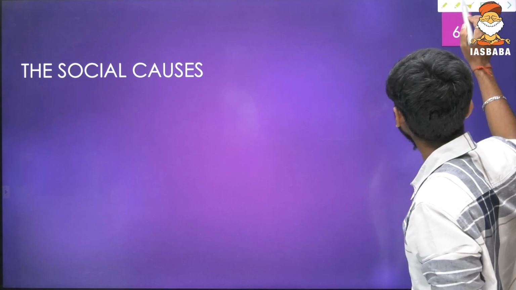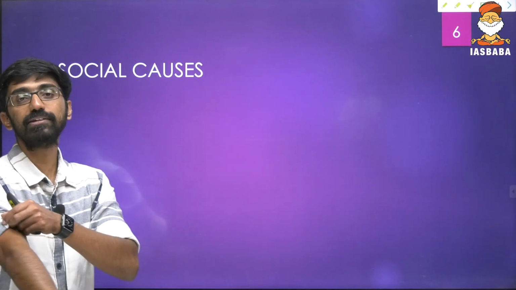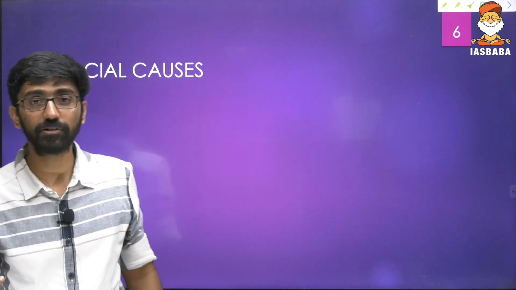Okay, now look at the social causes. To understand the social causes, again, don't get too overwhelmed by these facts, because all these things are very similar to any other society that was facing during that point of time. Even today some of the modern societies also have this kind of discrimination in the societies. Ultimately you have to understand there was some kind of discrimination in the society.